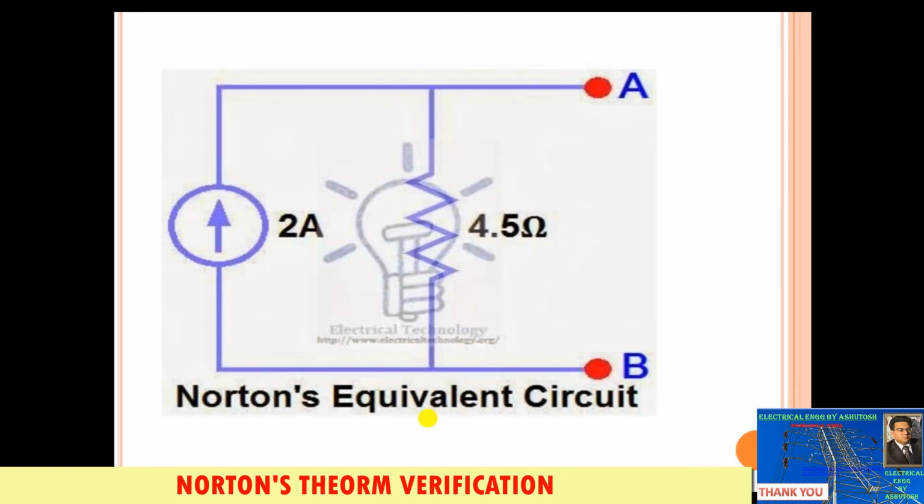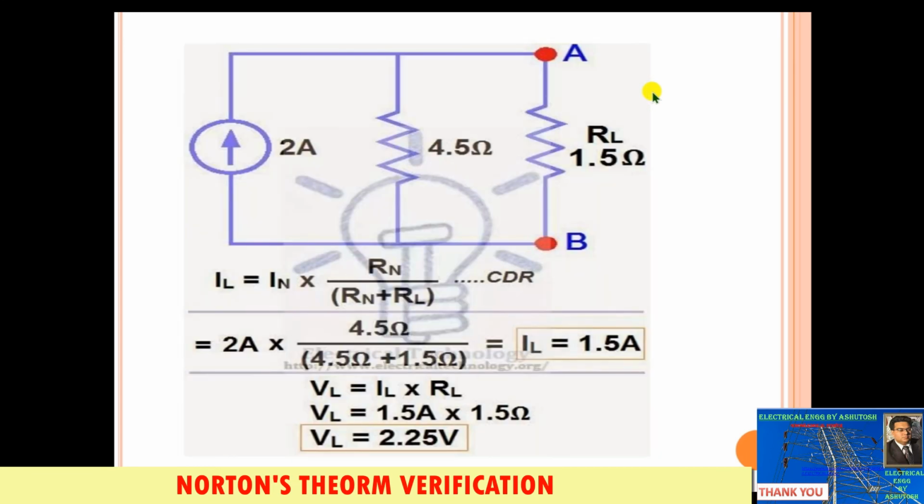Now we will move further. So this will be the Norton's equivalent circuit. We already found the Norton's current, 2 ampere in the upward direction, and the Thevenin's or Norton's resistance 4.5 ohm in parallel with this branch. These are the two terminals, and now we have to connect the load resistance again across these terminals. So our equivalent diagram becomes like this: 2 ampere In, Rn, RL. This is the load resistance 1.5.